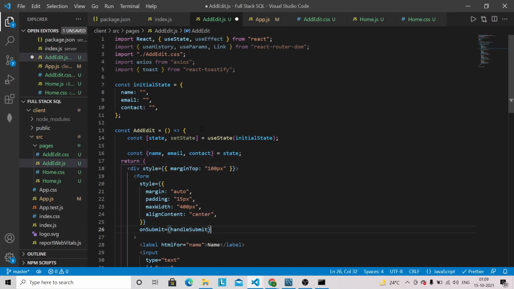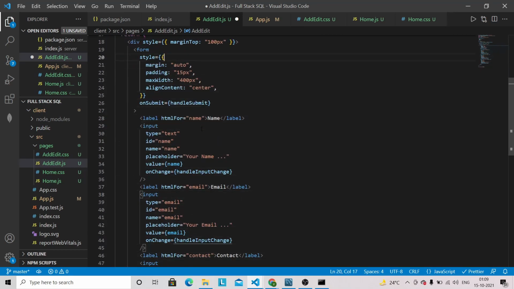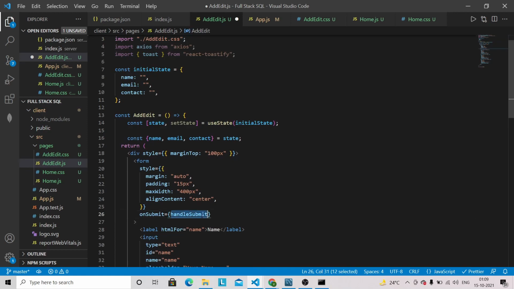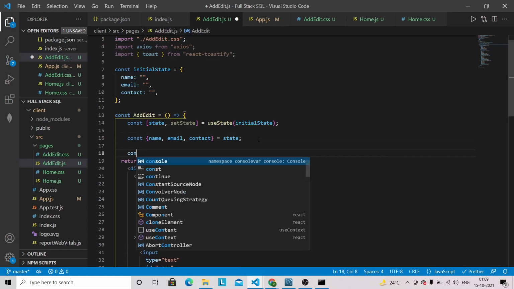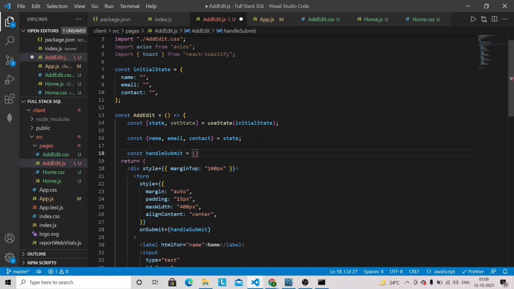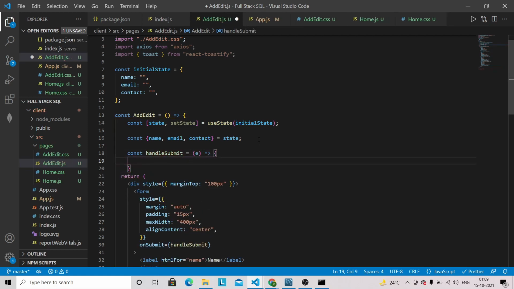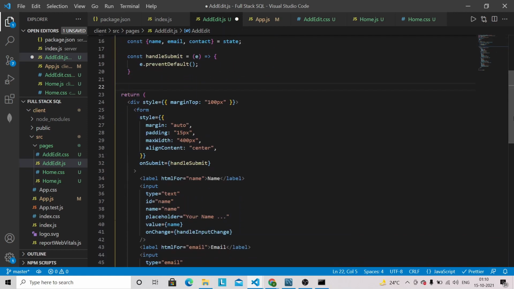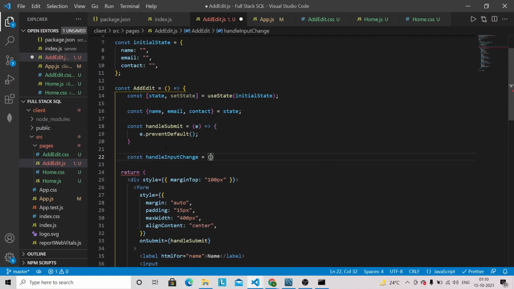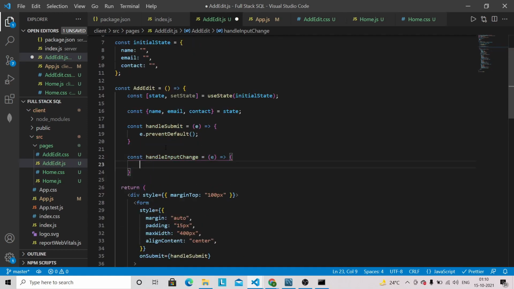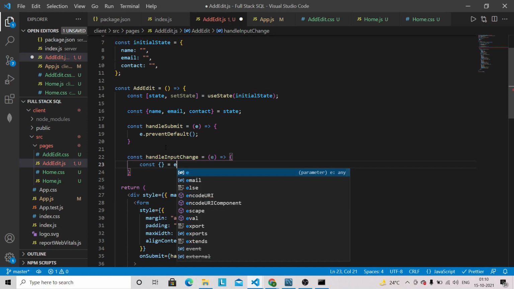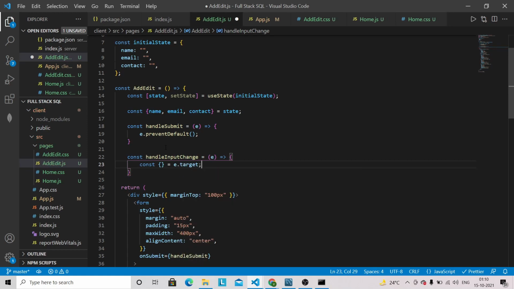And after that we have to also define handleSubmit and handleInputChange, otherwise we will get an error. So handleSubmit will receive an event, and we can specify here e.preventDefault to prevent the default behavior of the browser. And let's define handleInputChange as well. This will also receive an event. In handleInputChange we have to write logic so that the user can type the value into each input field.